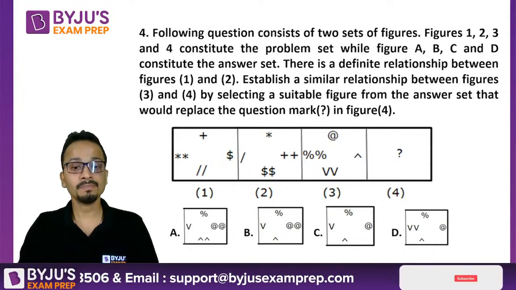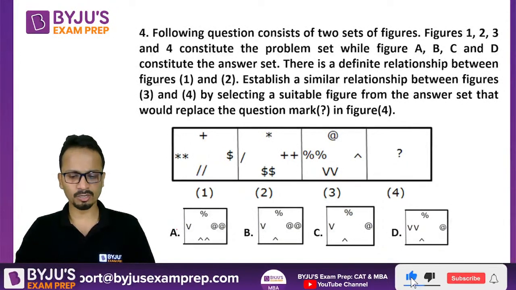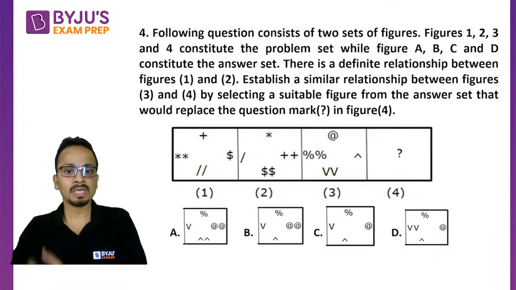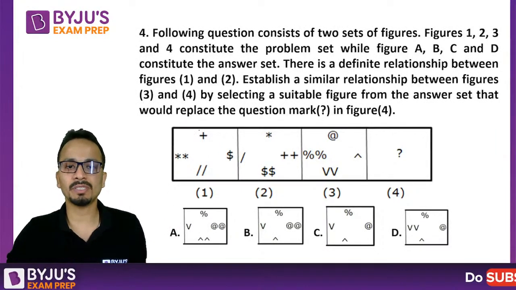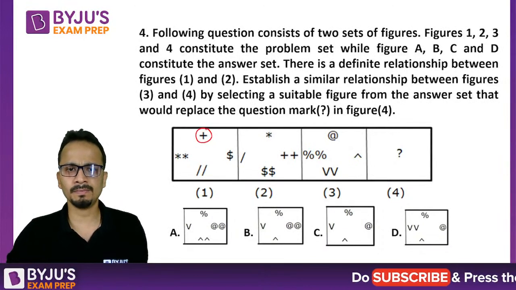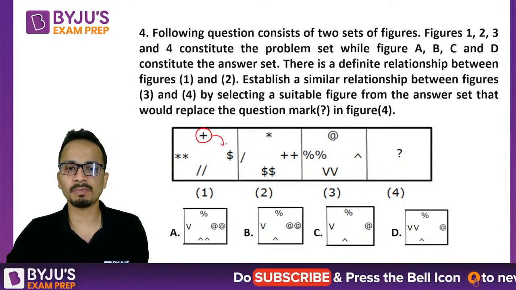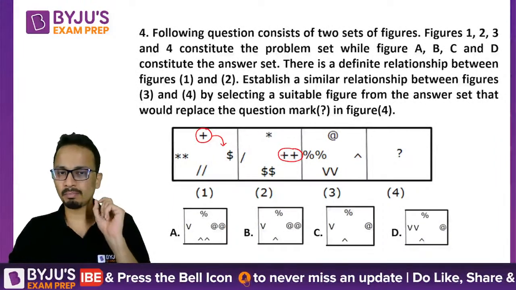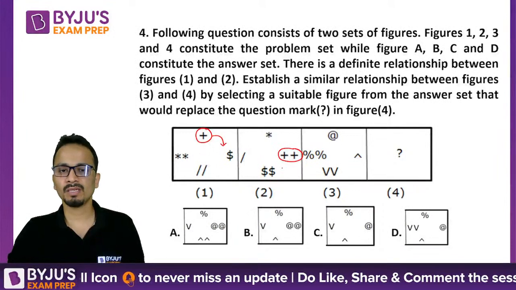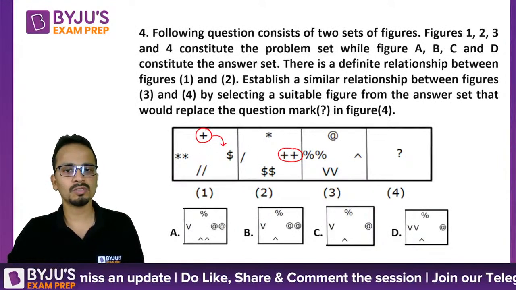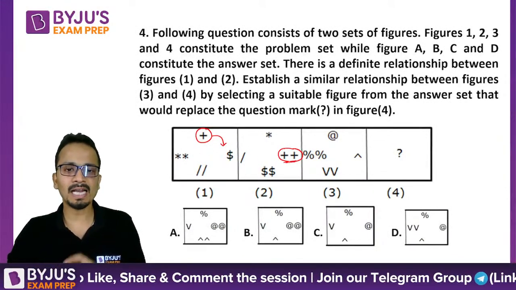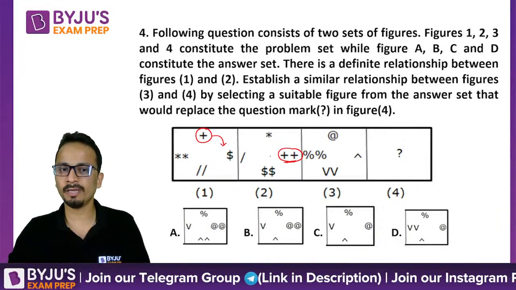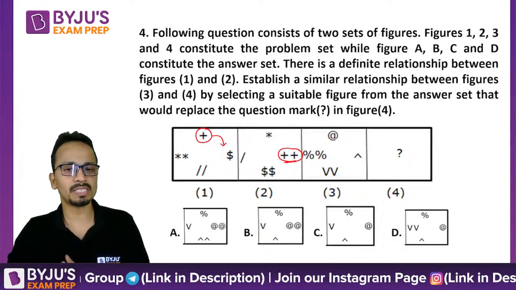All right, good. So some answers we are getting and all of you are giving same answers. Nice. So chalo check karte hain. Now figure number 1 to figure number 2, let's see what has happened. So I'll start with the plus sign. Now the plus sign has moved to this place. That means this place. So earlier it was 1 plus in the first figure. Now it has moved to this place and instead of 1 plus they have added another plus. Okay, so पहले एक plus sign था, यहाँ पे दो plus signs हो गए.